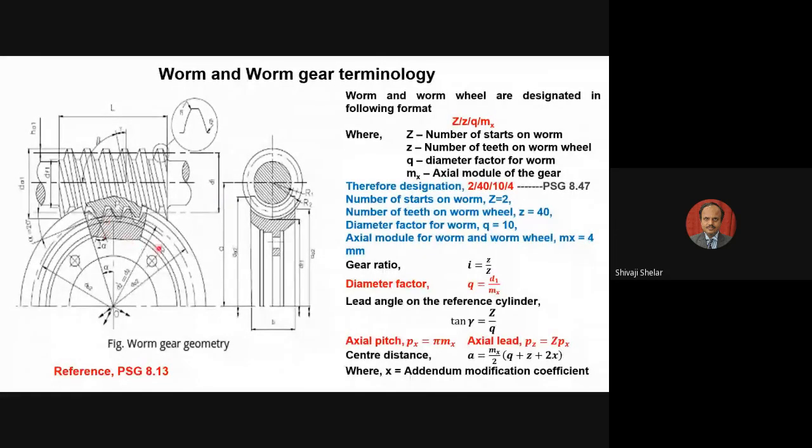And this is your worm here. It is not shown fully here; I have shown it as half. It is shown fully in the PSG data book, with the half portion at the bottom here. And here the section is shown to show the engagement of the tooth and the screw thread. So this is the thread going there. This is the entire length of your screw here, and that also has a ratio. There is a standard to be followed to use this length.